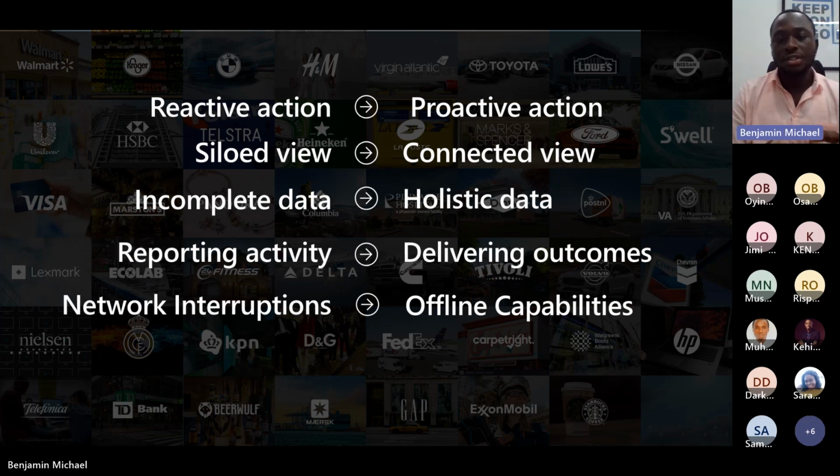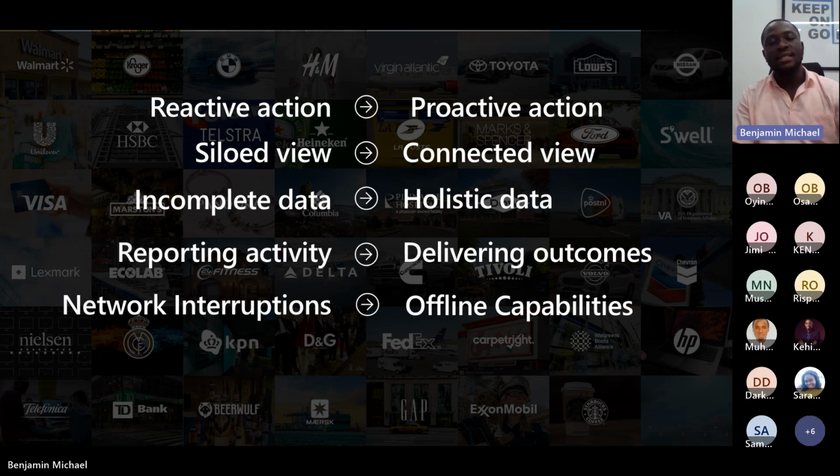Due to this current change in customer behavior, businesses like yours need to rethink their practice and be proactive rather than reactive. You need to get a connected view of your business to help you understand the needs of every aspect of the business at any point in time.